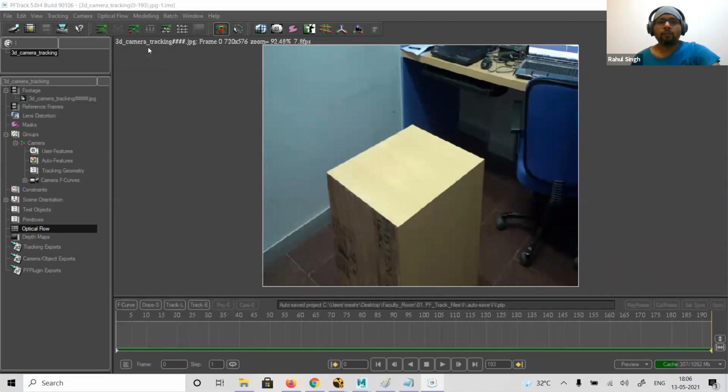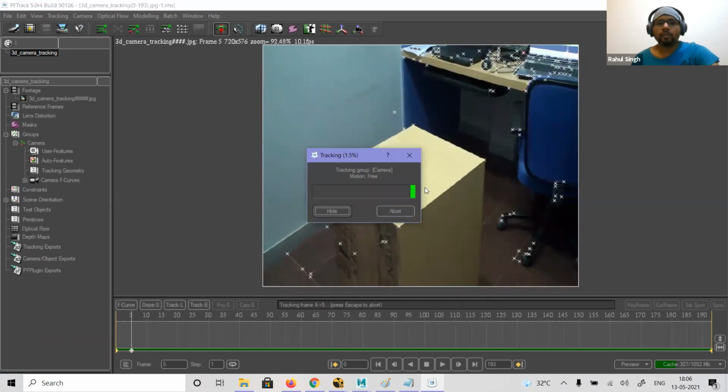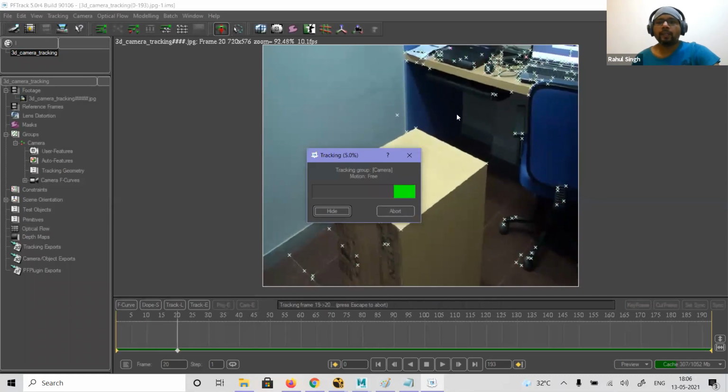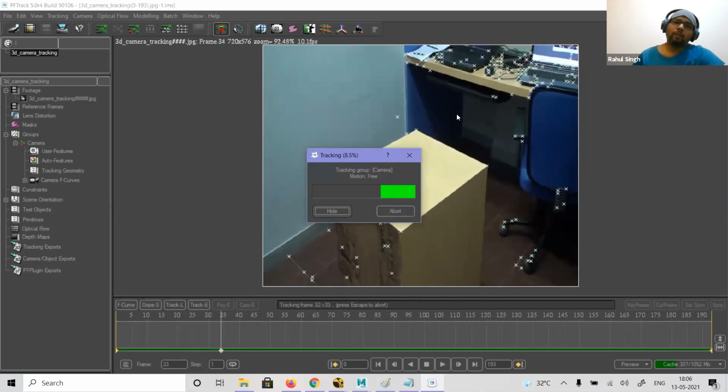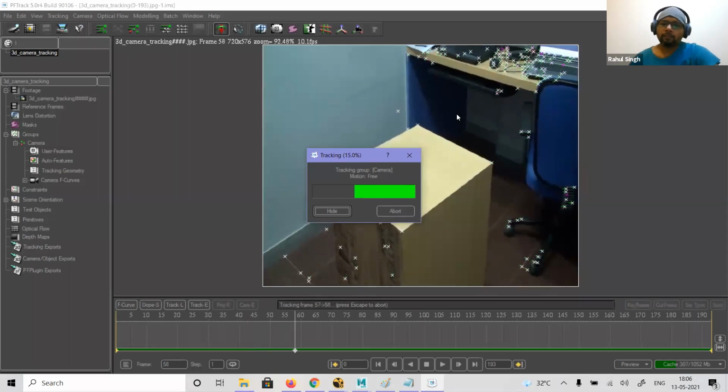So we have calculate flow. I can always say I have already calculated it, right? And then you have the option for track and flow. So after this, when I do the tracking, I have this flow, right? Now I can go ahead and say auto track footage. Automatically it will utilize that optical flow, not much, but yeah, a little bit finer.